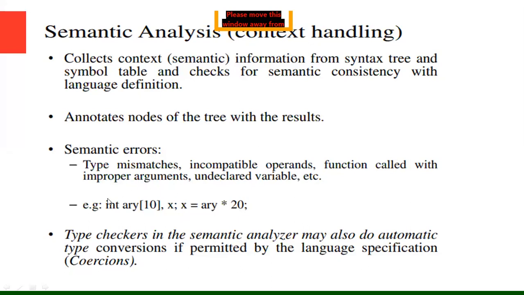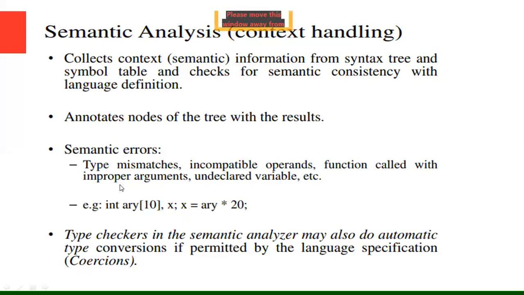Those errors can be detected and solved by using semantic analysis. So the semantic analyzer is used to remove the errors that are present in a syntax tree or parse tree. So that is the main role of the semantic analyzer.